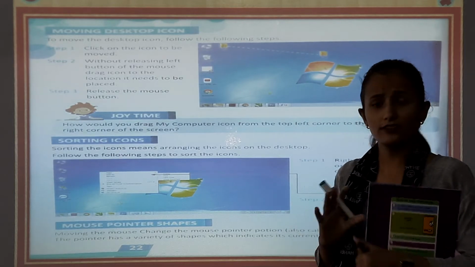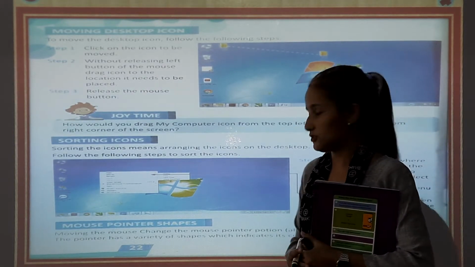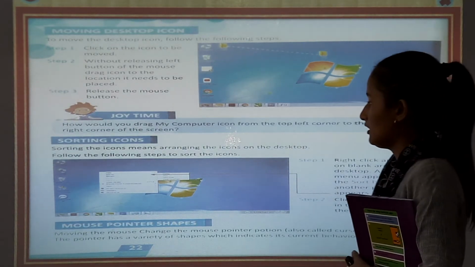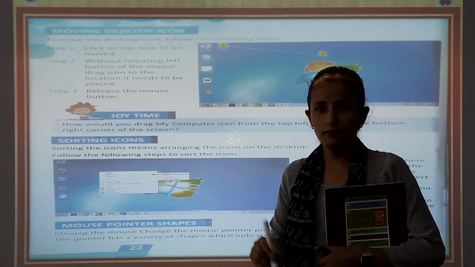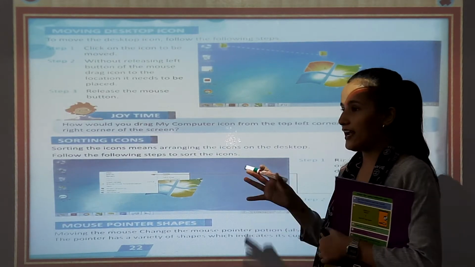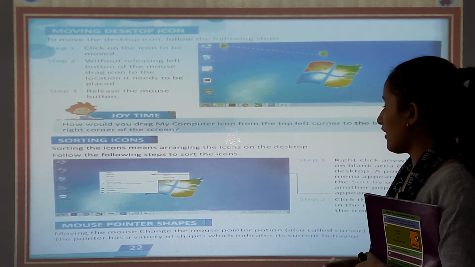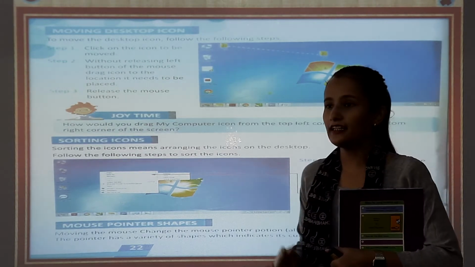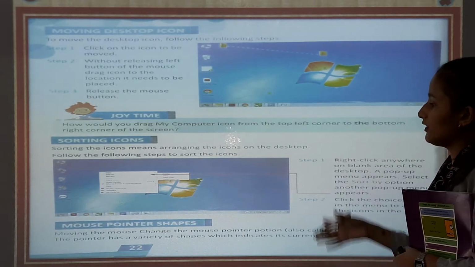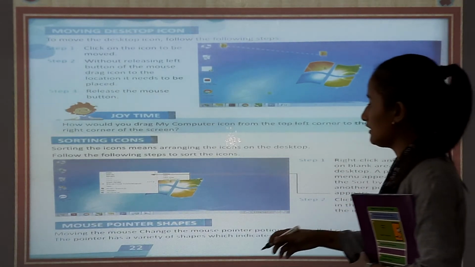Pointer has a variety, बहुत सारा variety का shapes होता है, okay? Which indicates its current behavior. When your mouse pointer changes to a variety of shapes, that indicates the current behavior of the mouse. Okay, you can see this.